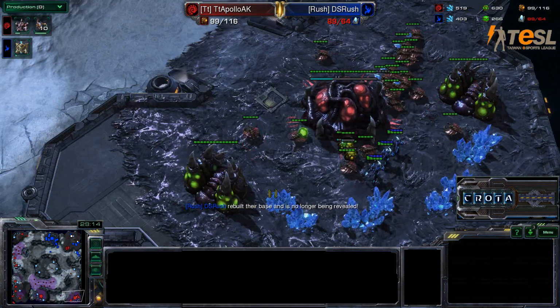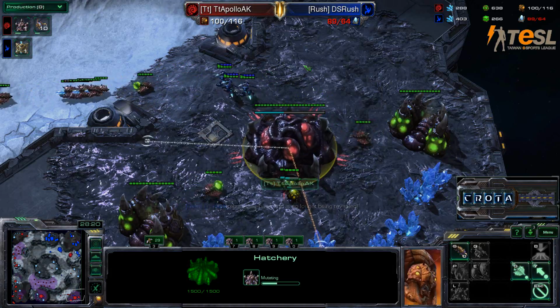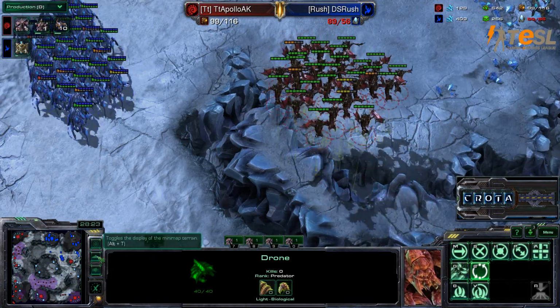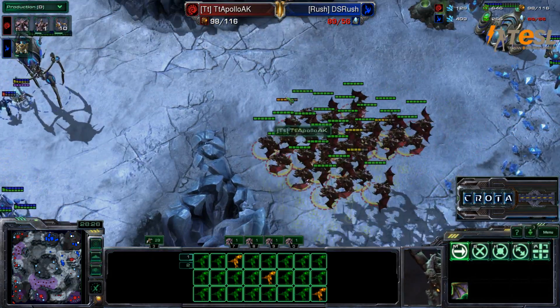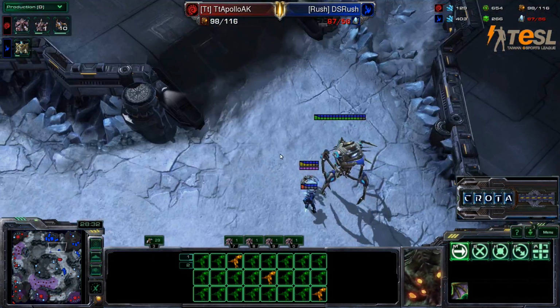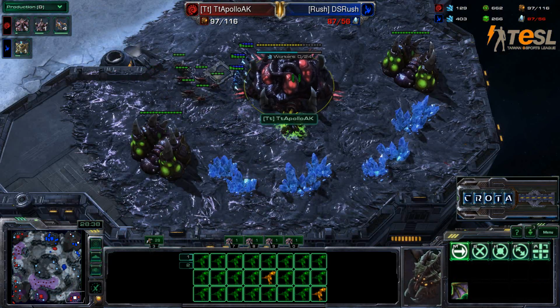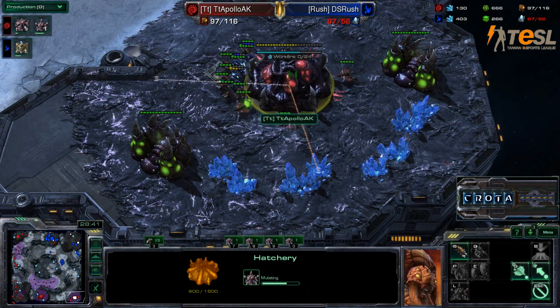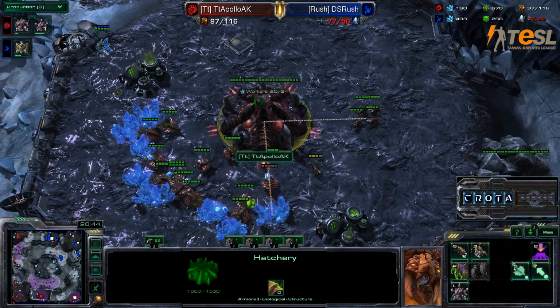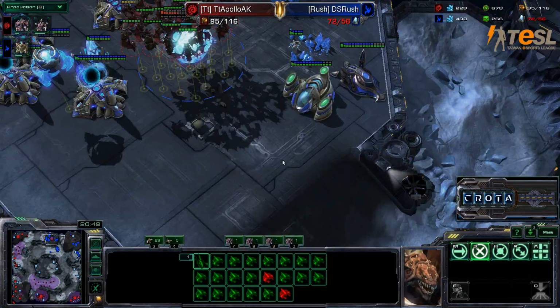Down they go, but there are Zealots here, and this was the problem. AK not getting a single Spine Crawler into this bottom right-hand side of the map. Mutalists still wandering around here, perhaps. Oh, are they going to be able to take down this Colossus? If they found the Colossus, that would have been a huge, huge loss there, as the Stalkers look to finish off this Hatchery here. That Hatchery will fall, but AK already with another Hatchery at the 6 o'clock location, and